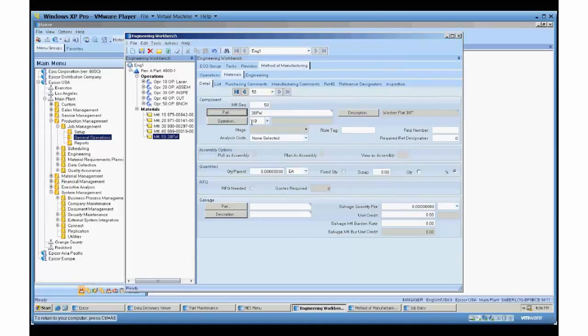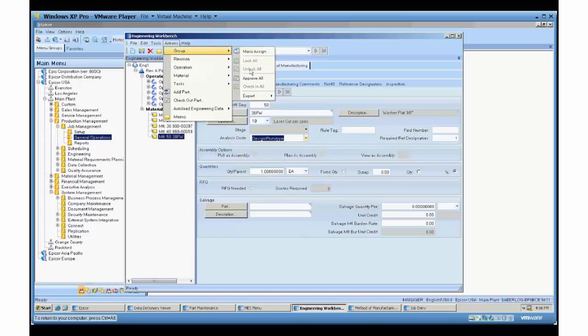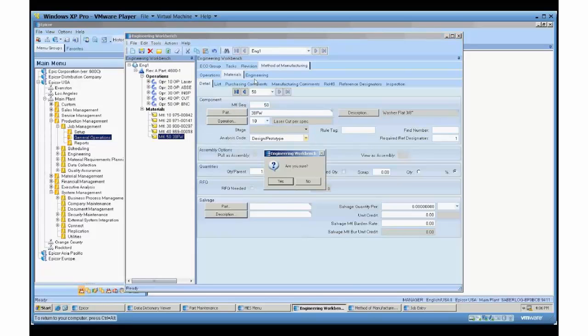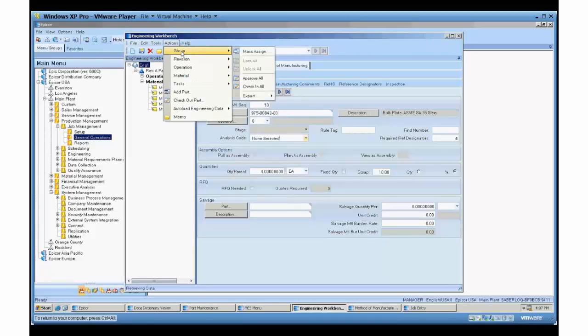We can associate this with an operation or not. We can make them backflushed. It really doesn't make a big difference. When you're all set, I do need to tell the point of the parent, and then the analysis code. So when I save it and I approve my MCN, and then I check it in,